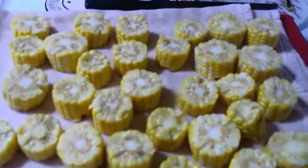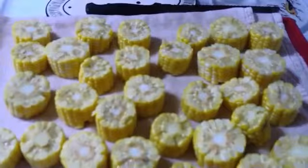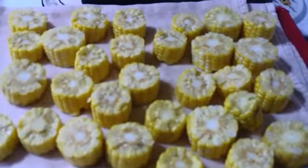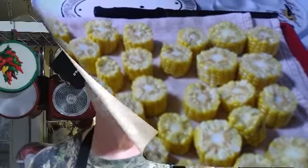The other ones are in the freezer, by the way, so I'll be taking those out when I get back from the dentist, and I'll be bagging those up in the Seal-a-Meal. And I'm back. Well, I had the corn that I'm going to can in the refrigerator, and I left the water on the stove, covered it, and it was still warm when I got back, so I put the corn into it